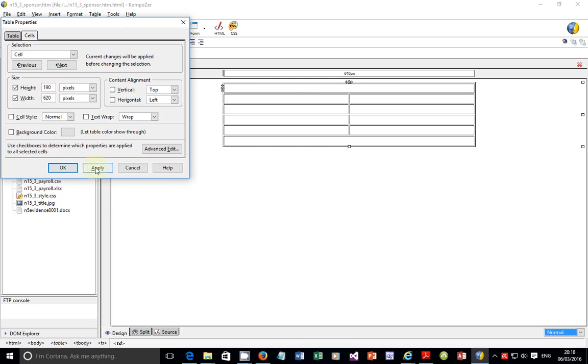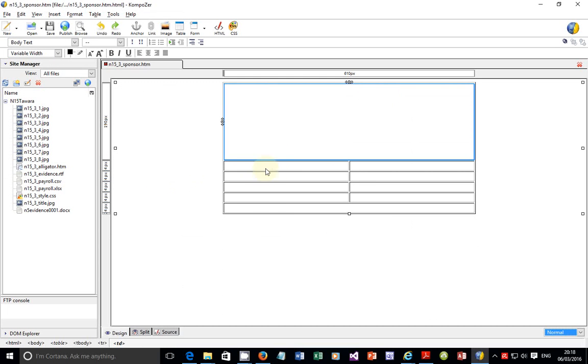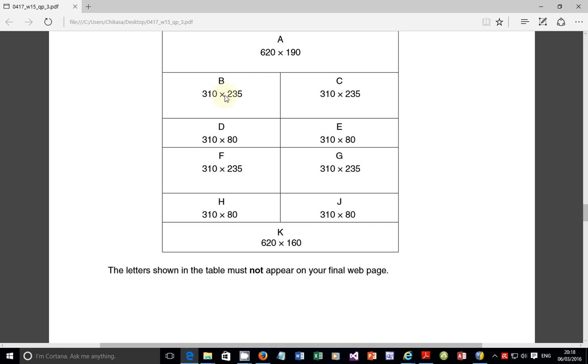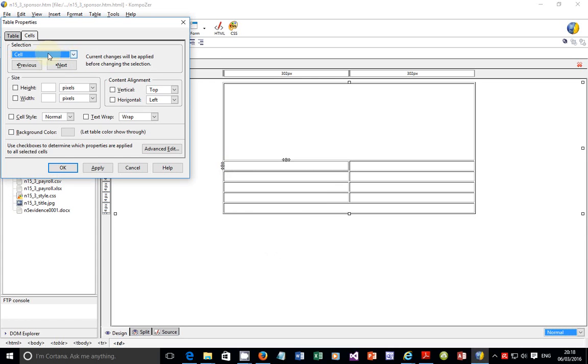Okay, and apply. You notice the first one goes there. I'll say okay, and the next one is this cell. Let me just check the dimensions. It's 310 by 235. So I'm going to define a row, cell property, and this time I'm defining a row. You see it highlights both of them, both cells. This time I'm defining, and each one is supposed to be the height of 190, and the width is supposed to be